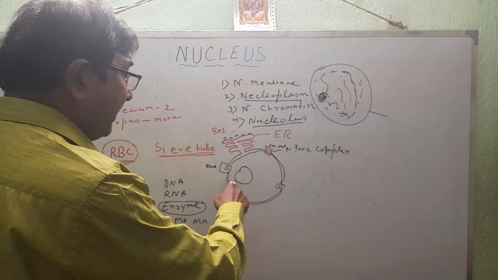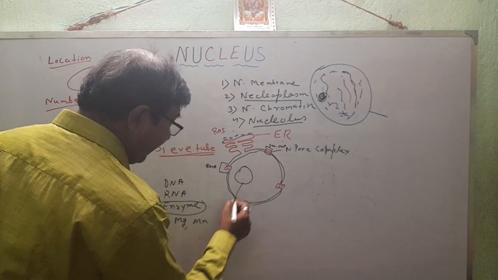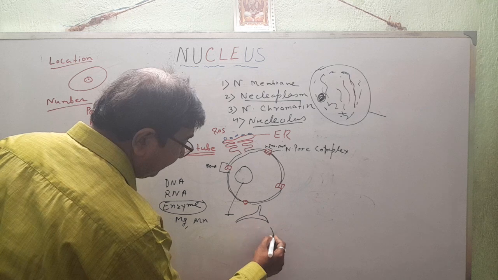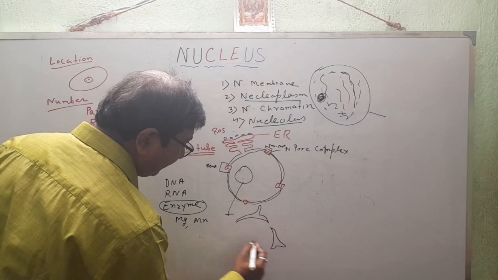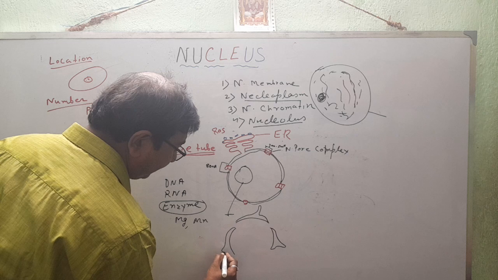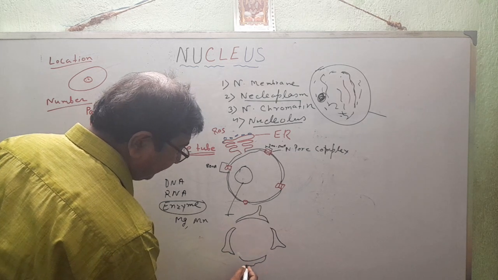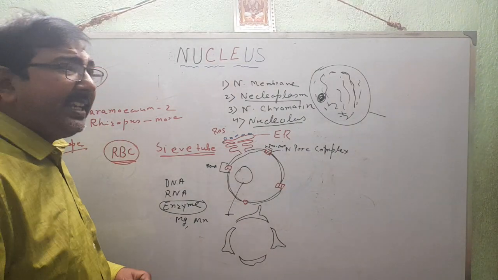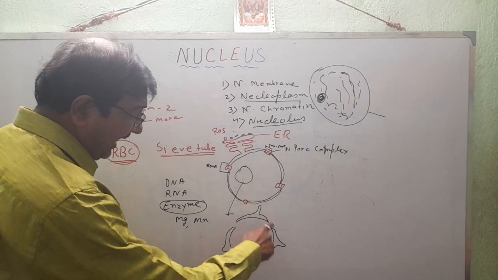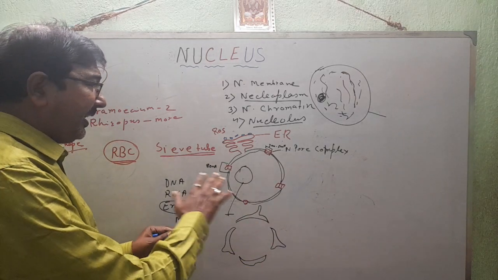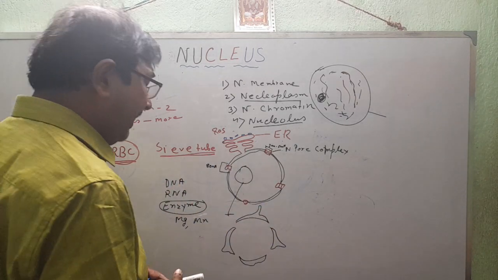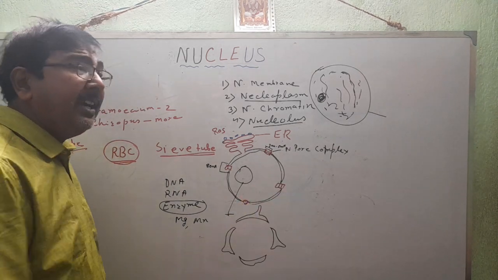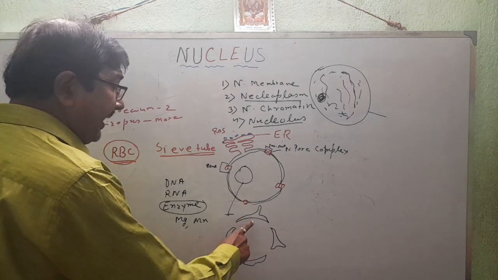Because chromatin is present around it. These are the perinuclear chromatin, forming a cover-like structure, but there is no real cover on the nucleolus. This is the outer membrane, this is the inner membrane, and the nucleolus also contains a matrix